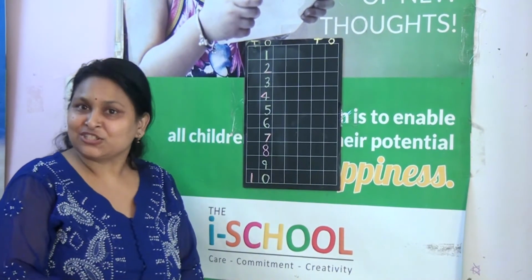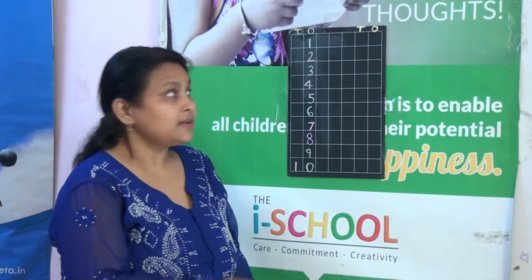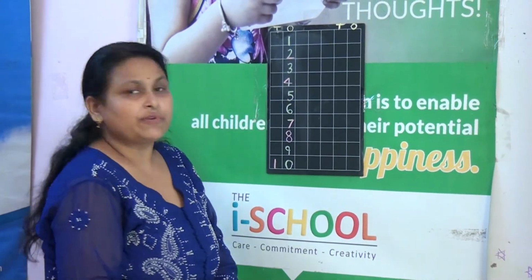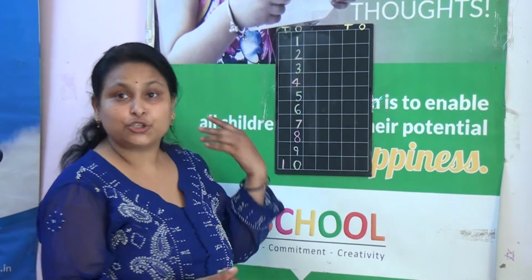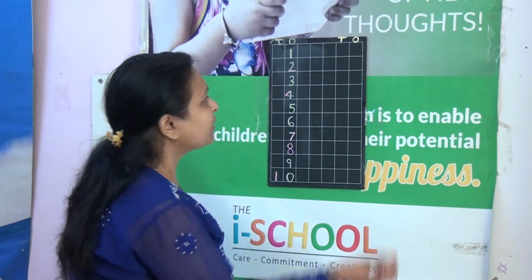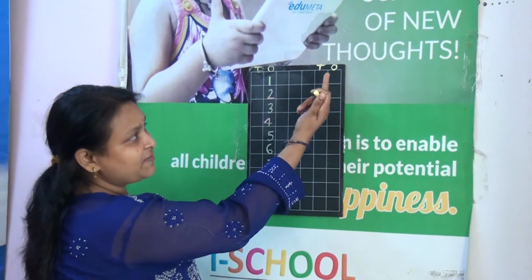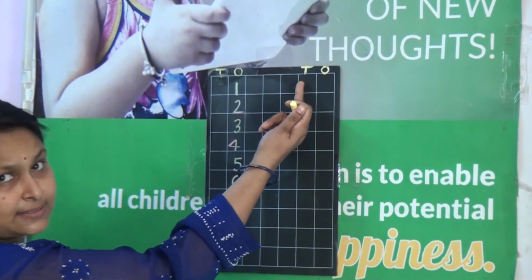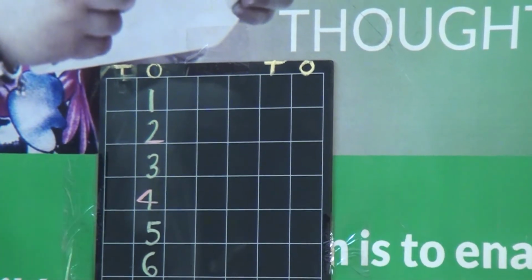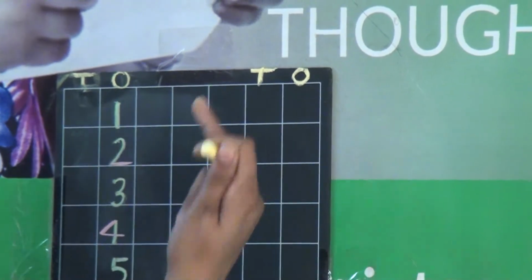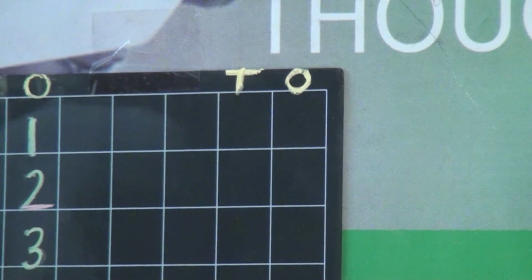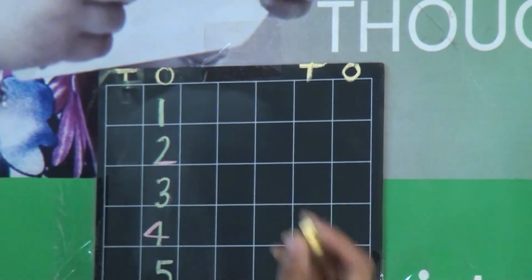Hello children, today we are learning 1 to 10 counting numbers. Okay, then we are writing here 11 to 20. Okay, how to write we can start. Look at this. This is ones, this is tens. We will write ones position 1 to 9 here. Always we will write here ones position 1 to 9 numbers. Then we will start 11.